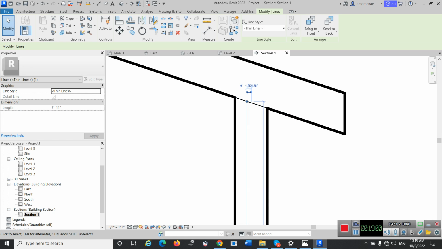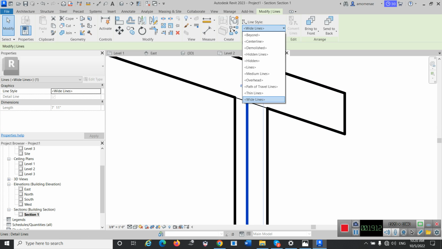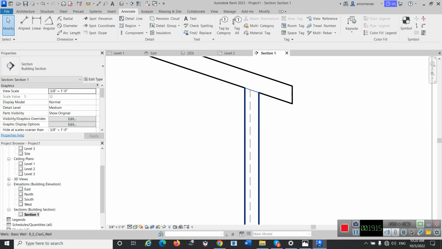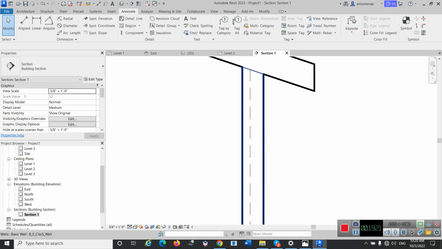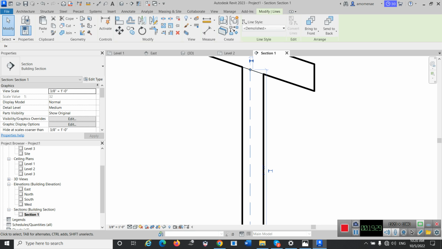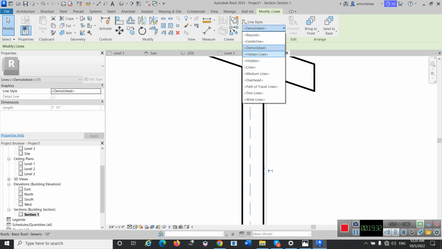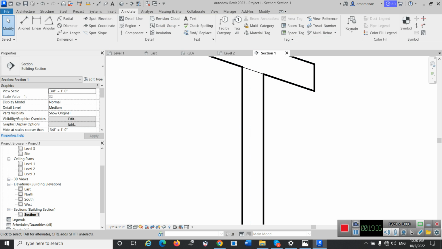We can change its characteristics. For example, its default is on thin line. Here you see when I select it, it's on thin line. I can change it to wide line. I can change it to, for example, demolished. You see that it changed. For example, we use this line type when we want to show the walls underneath the roof, when we want to show the location of the walls underneath. And yeah, you can choose among these options, but if you actually needed an option that was not available here, you can build